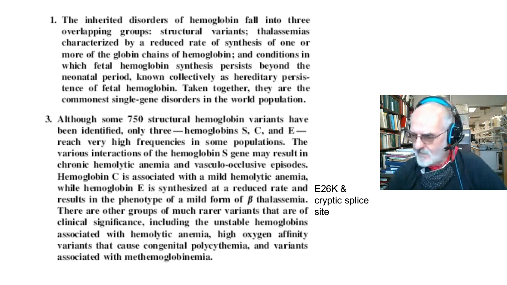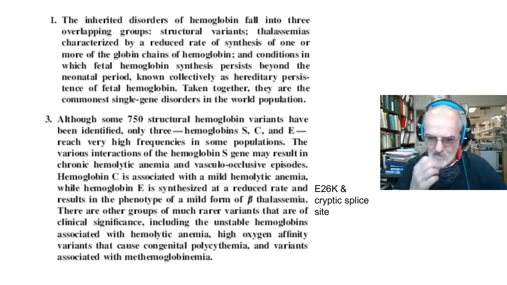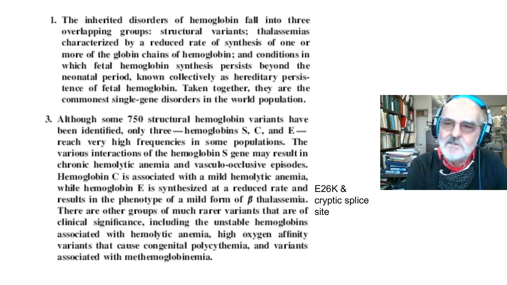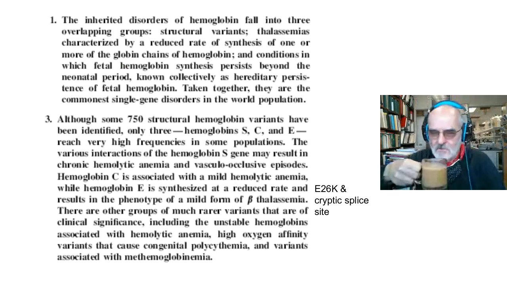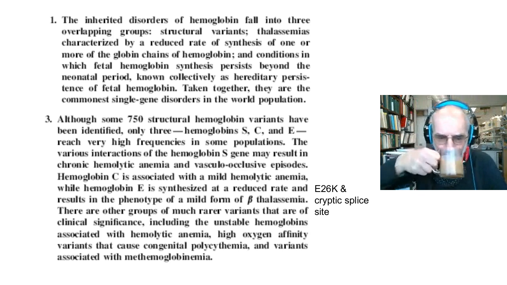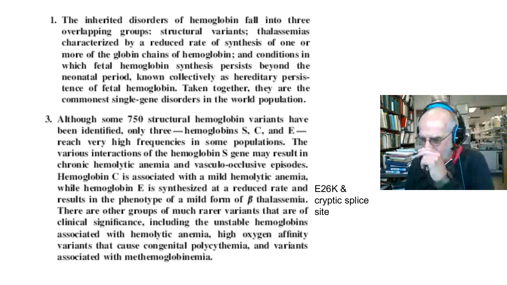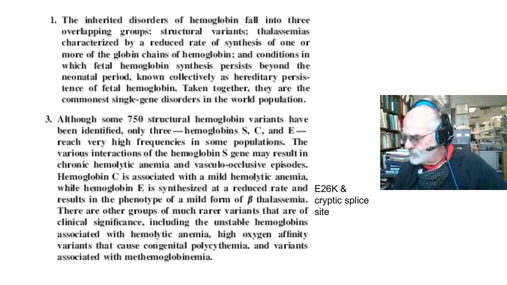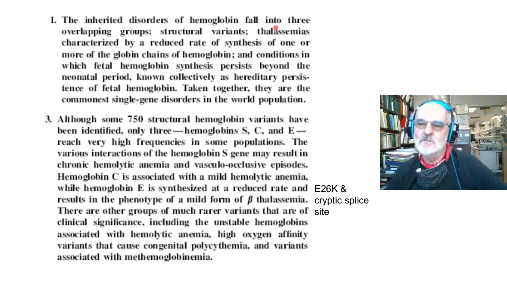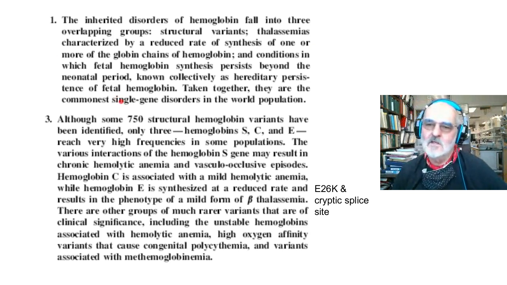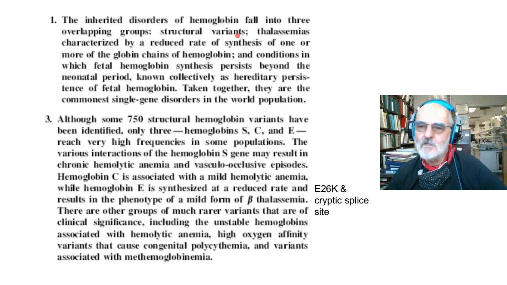Now that inherited metabolic diseases chapter that I mentioned has a whole series of summaries that I've copy pasted in here as a source of discussion, and you can use this to look at lots more details and learn a lot more about it. They described the inherited disorders of hemoglobin as three overlapping groups. Structural variants, which are the point mutations that I just described. Thalassemias, which are the reduced synthesis of one or more of the globin chains of hemoglobin, the alpha or the